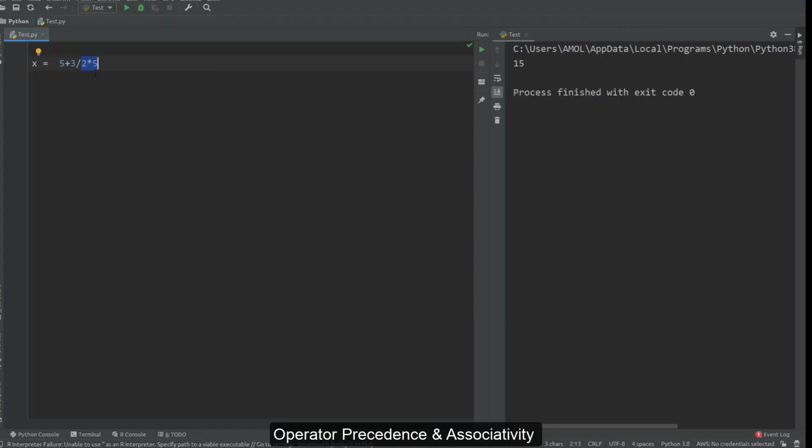So in our case 3 divided by 2, 2 into 5, this expression will get evaluated first, and then 5 plus whatever it is. Now the next question is that multiplication and division, these both operators have the same precedence level, then which will get executed first, whether 3 divided by 2 will get executed first or 2 into 5.